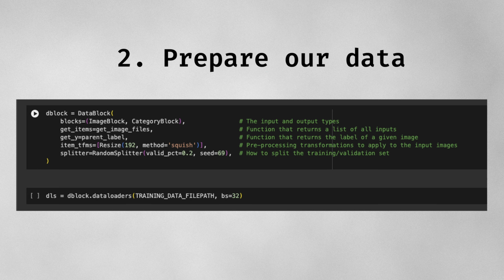Step 1, done. Step 2, we create a data loader which structures our input into a standard format so that models can understand it. Believe it or not, this is where most of the legwork is. We define our inputs as an image input and our output as categories. We tell it that to get the training data, you need to use this function, which will take a file